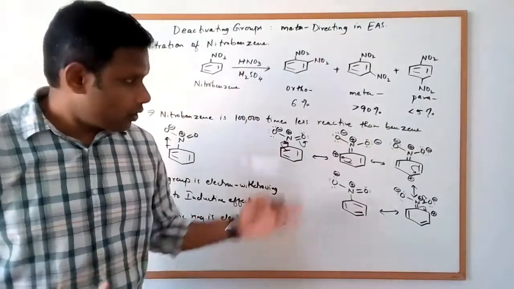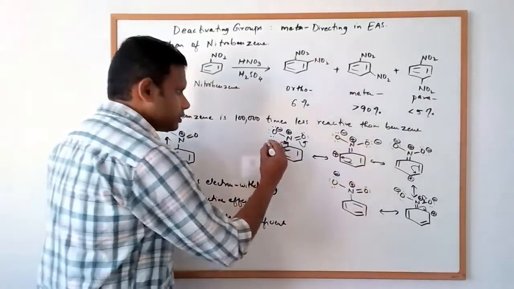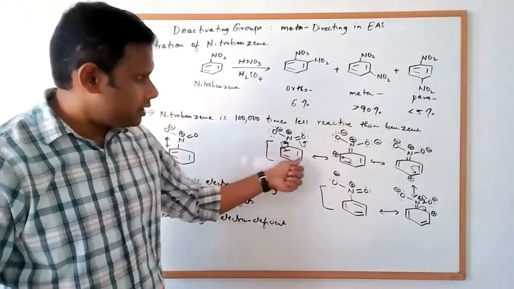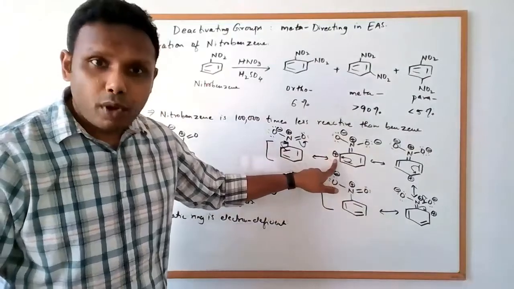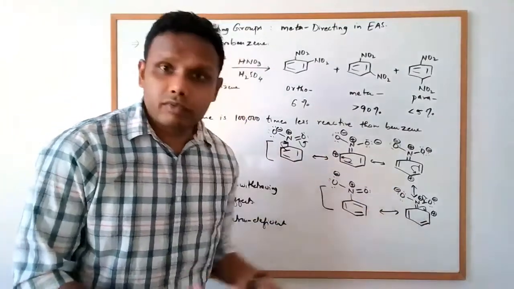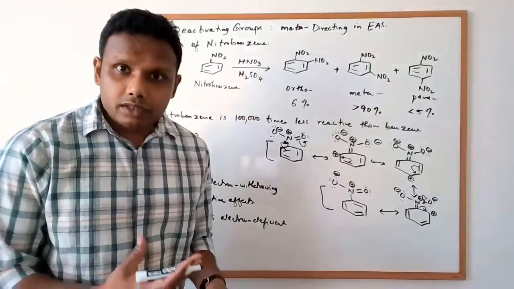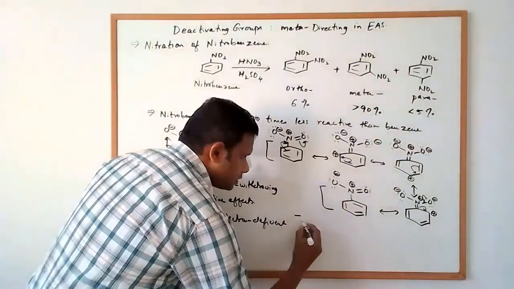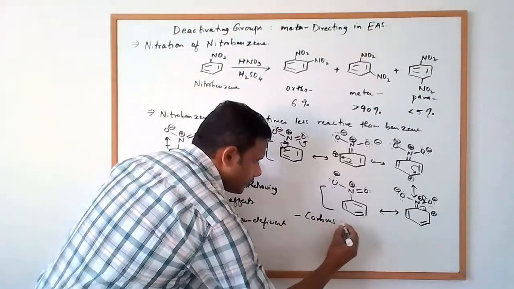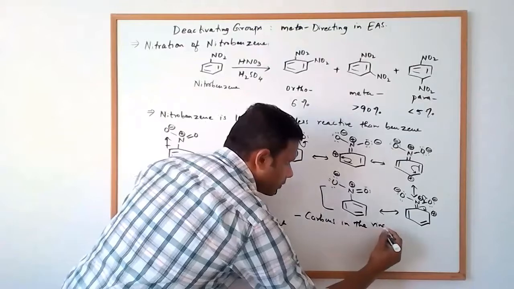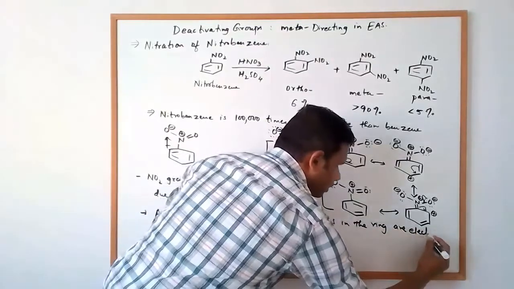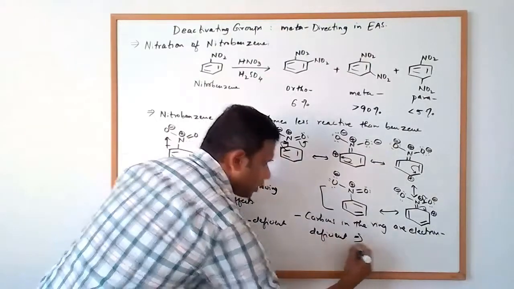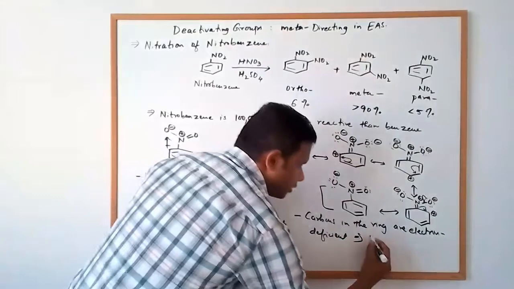So now if we survey all of these resonance forms that are possible for nitrobenzene, what we see is that these resonance forms land a positive charge on the ring, on some of the carbon atoms in the ring. So that means the ring carbon atoms are electron deficient, and which basically means that the ring is